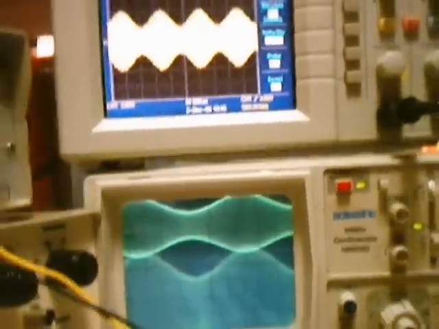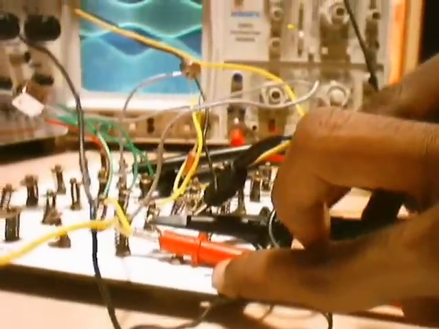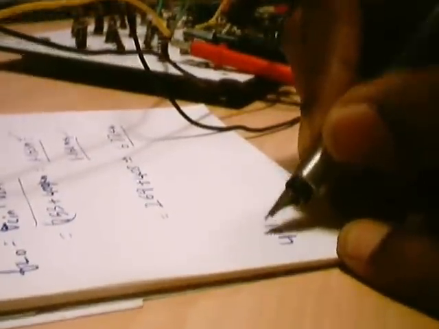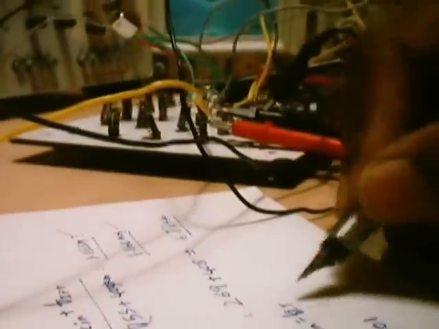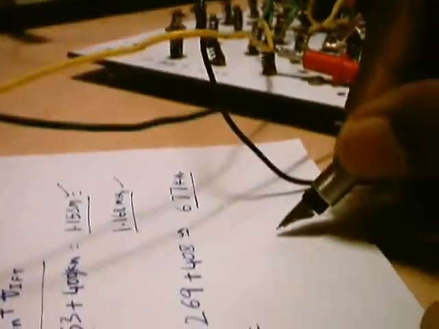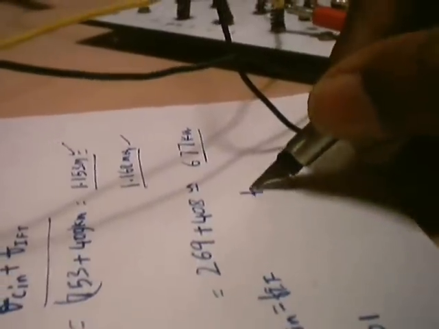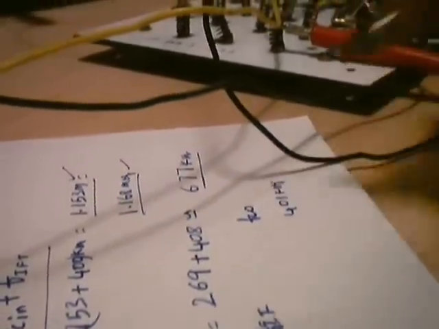So what is the reading now? Input carrier frequency is there at 408 kilohertz. Let me just take one more reading. This is a reading where I am trying to keep FC in equal to FIF. So this is 401 kilohertz, and I am getting the output. The output is there at 401 kilohertz, because when it is tuned to that frequency, this is FC, this is FLO, 401 kilohertz.